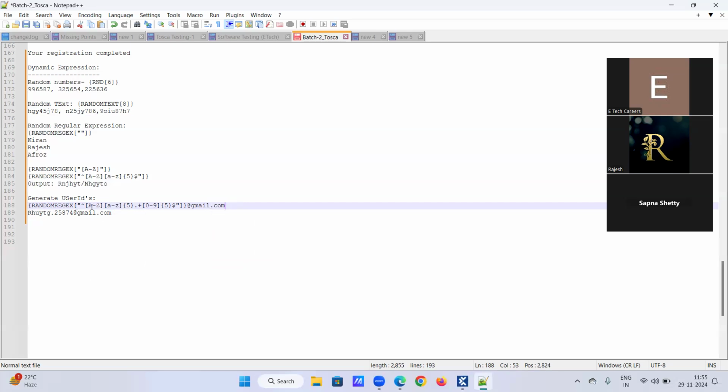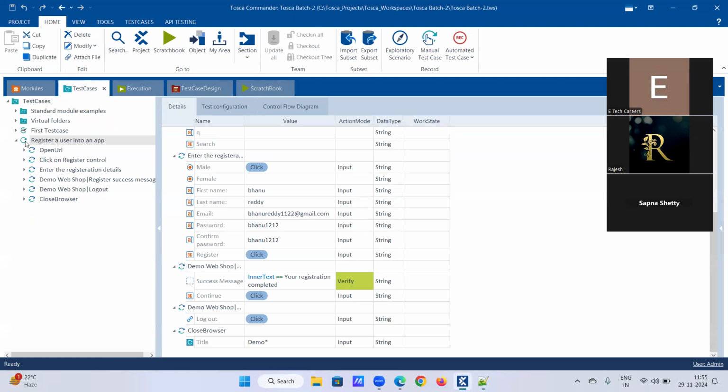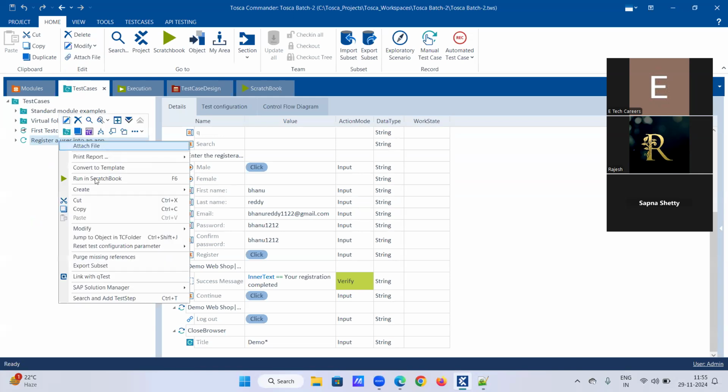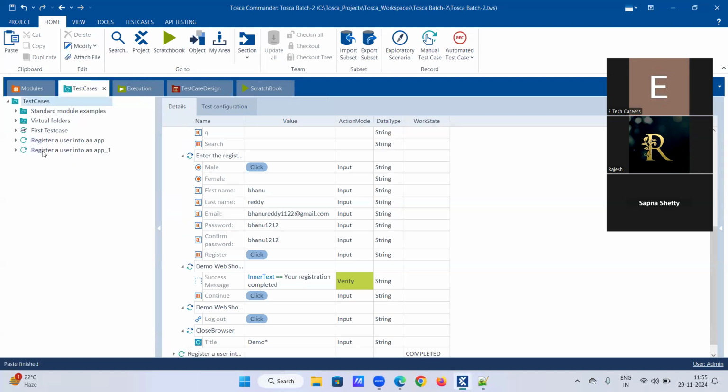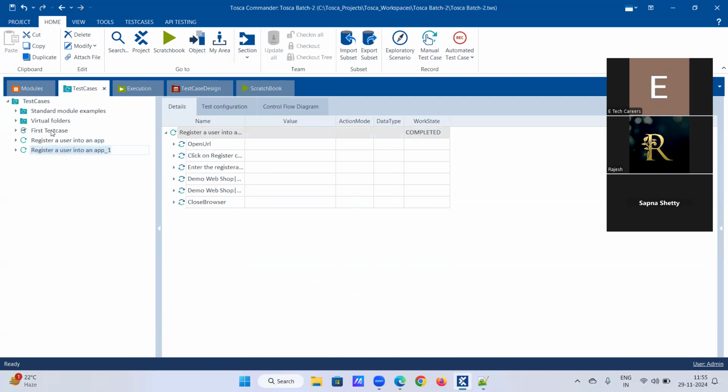So this is the format and this is the syntax of your random regular expressions if you want to generate user IDs. Just copy and paste this syntax and use the same syntax in your test case. So here I'm going to copy and paste it. I'm just going to give a name,